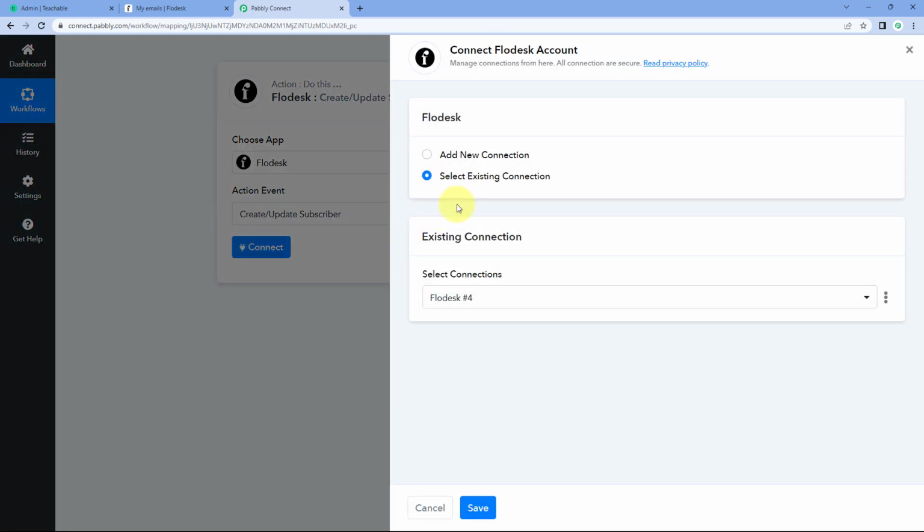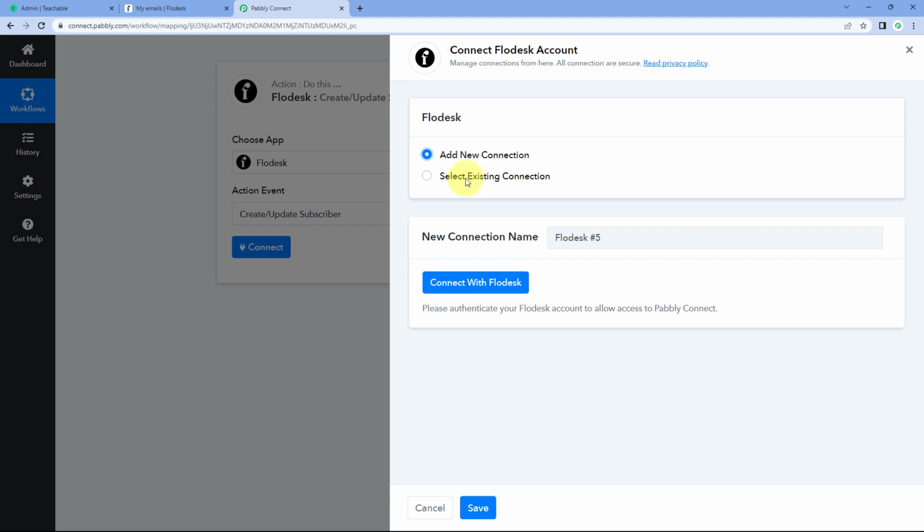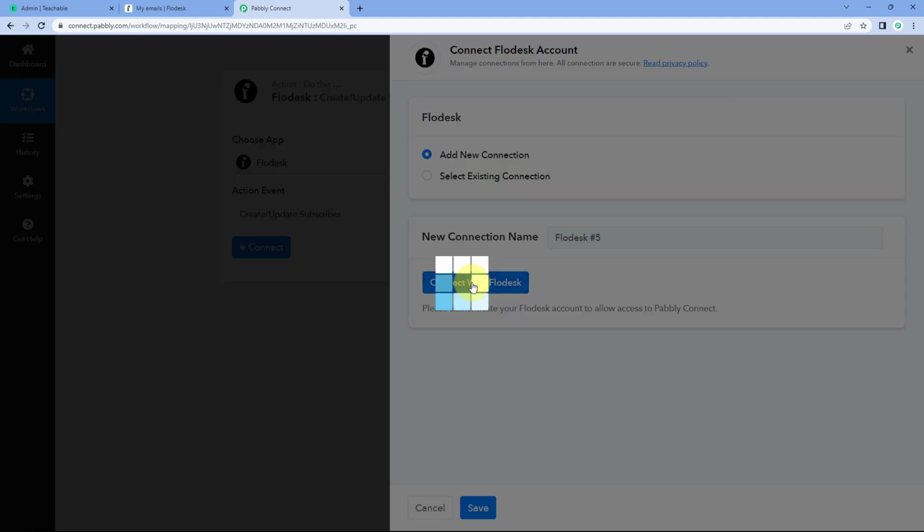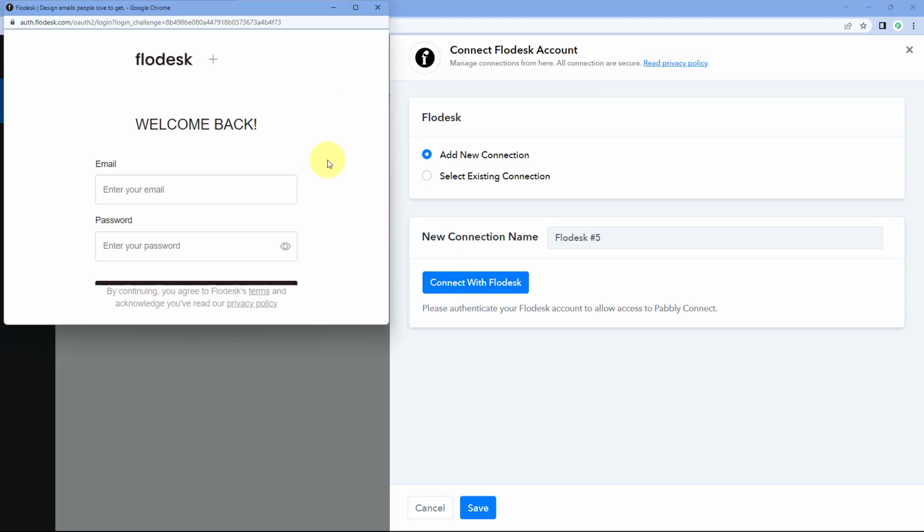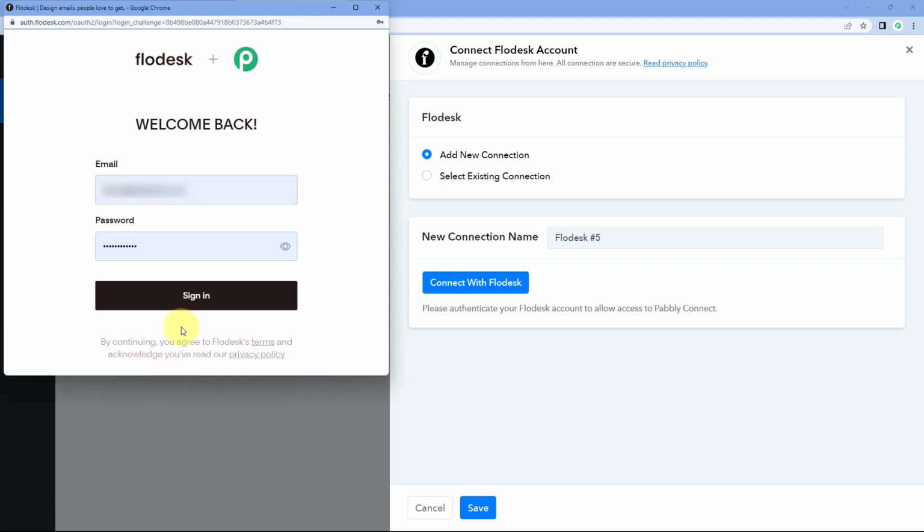Now here guys, we have to connect our Flodesk account with Pabbly Connect. And to make this connection, select add new connection over here and click on this connect with Flodesk button. After clicking on it, here in this new tab, you can see we just have to enter the login credentials, the login details of our Flodesk account. So here I have entered the email address and password of my Flodesk account